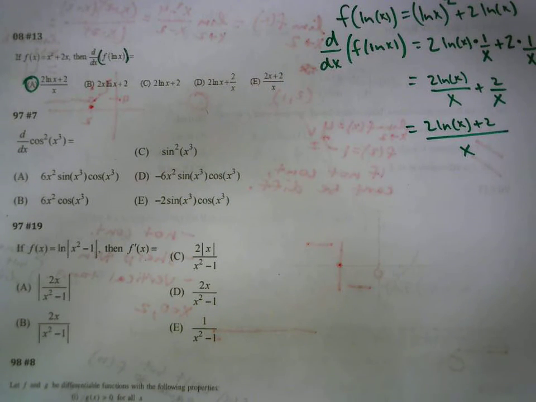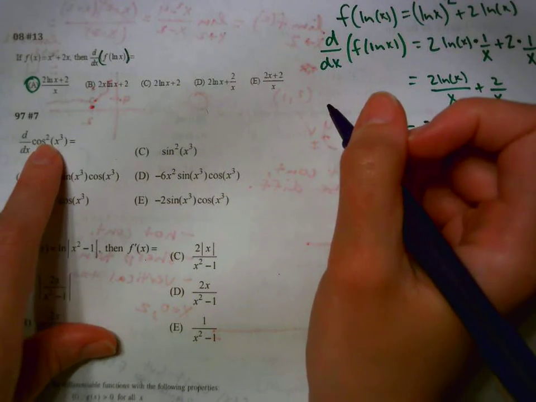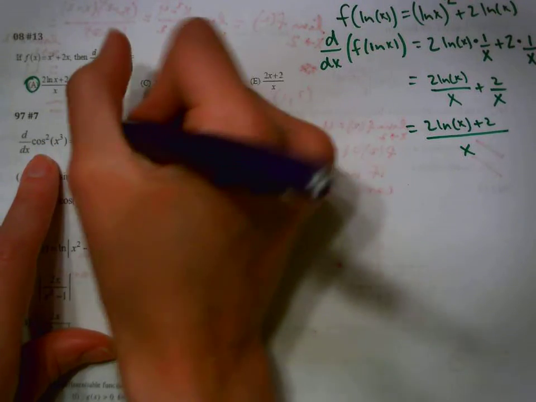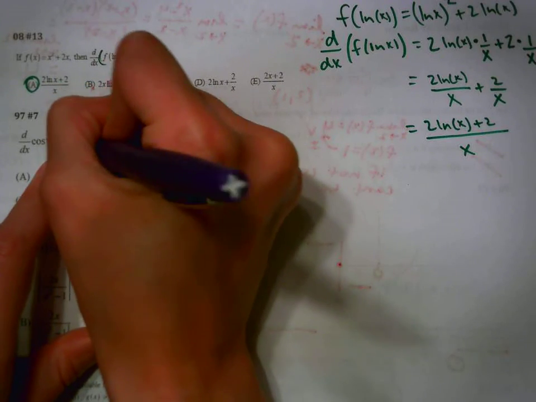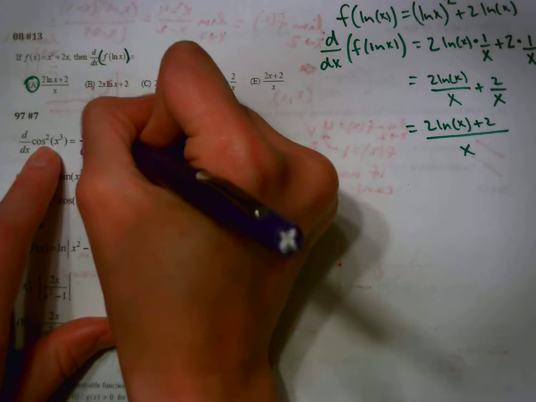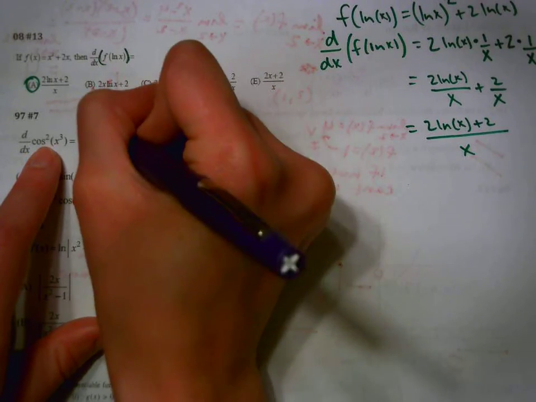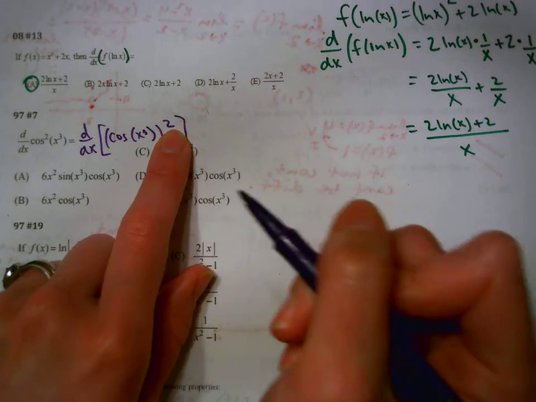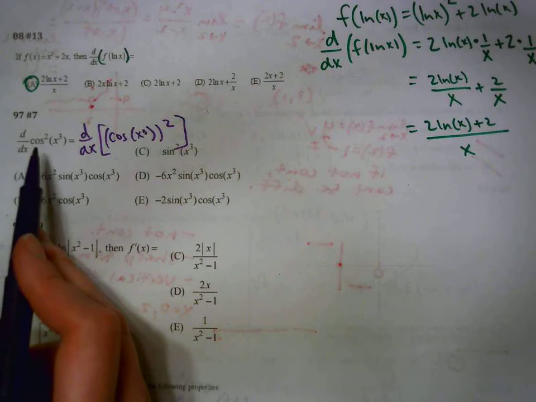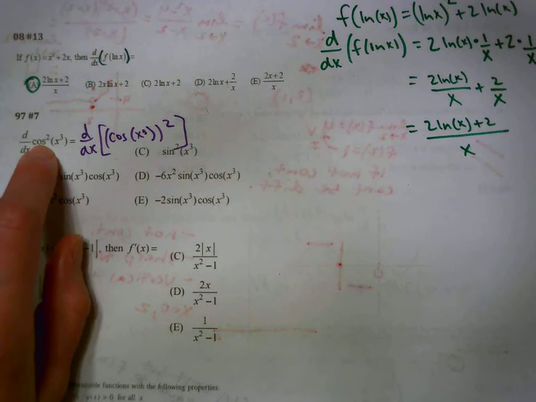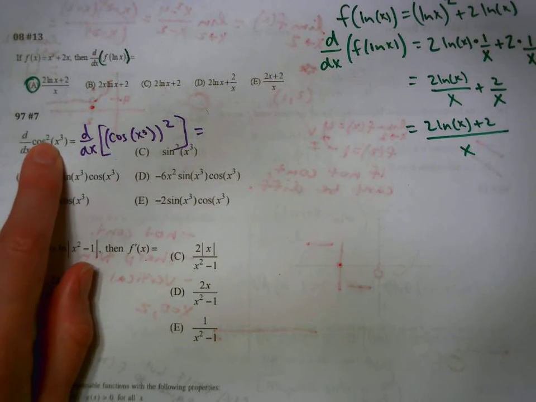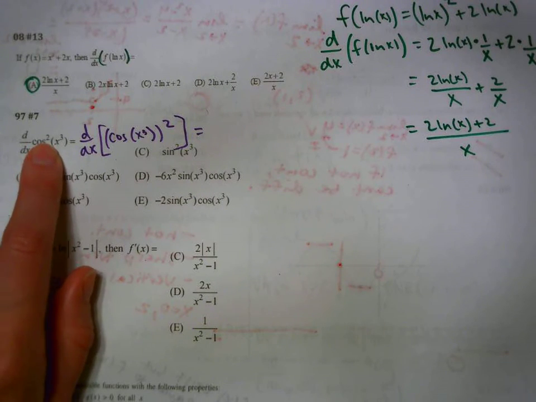Okay, next one is again a lot of chain rule, right? So anytime you have an exponent on a trig function, you need to rewrite your problem. The original that you're taking the derivative of is the same thing as cosine of x cubed, and then that whole cosine is being squared. So what is the outermost thing? It's the squared. So what do you take? If you work your way left to right, you're going to do it wrong. You're not going to do the derivative of cosine first. You're going to do the derivative of the squared first. Okay? So always, always, always rewrite those